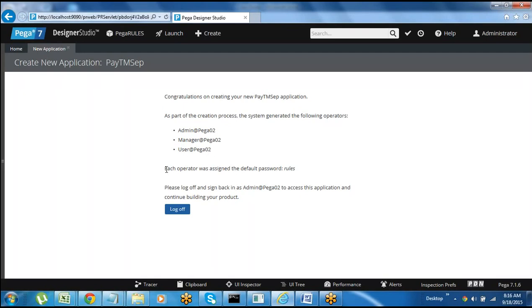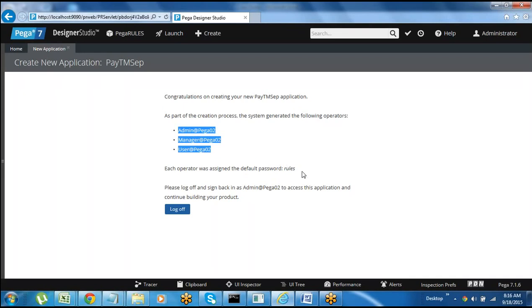All the above operator IDs have a common password, which is rules. If you want, we can change it later. Every operator ID has the option to change the password. For that, go to the operator ID, where there will be a security option. From there we can change the password, but the default password is RULES. So three IDs are generated here.